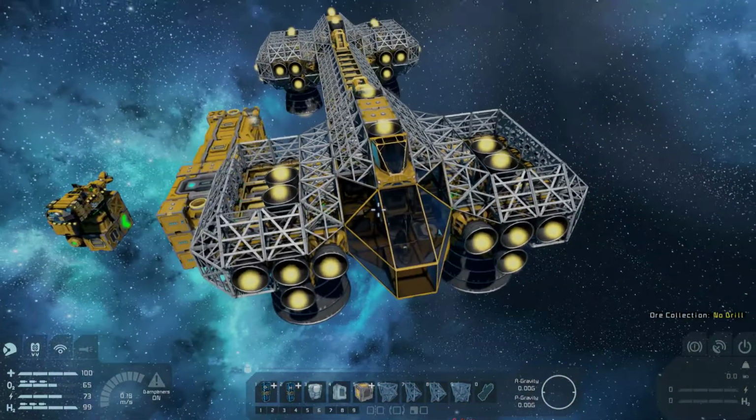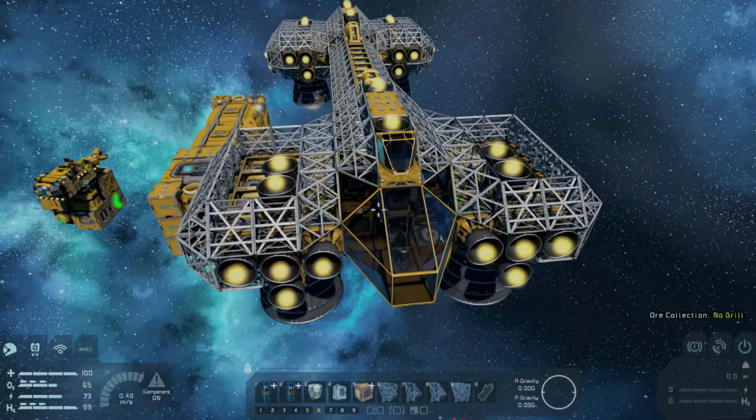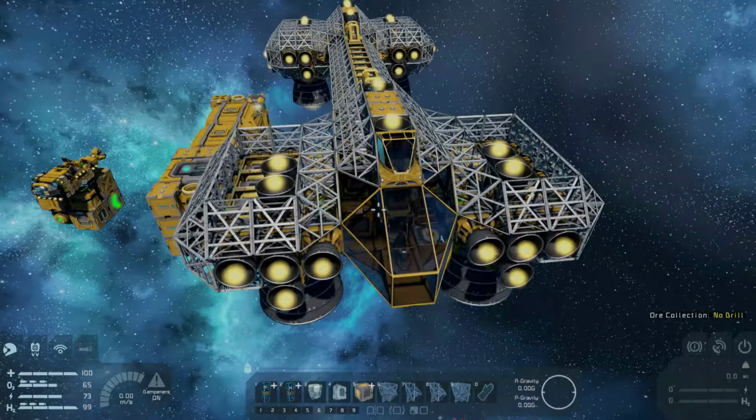So I'm going to do some experimenting off screen and see what I can discover as far as little issues. Namely, I'm going to test the airtightness of these armored